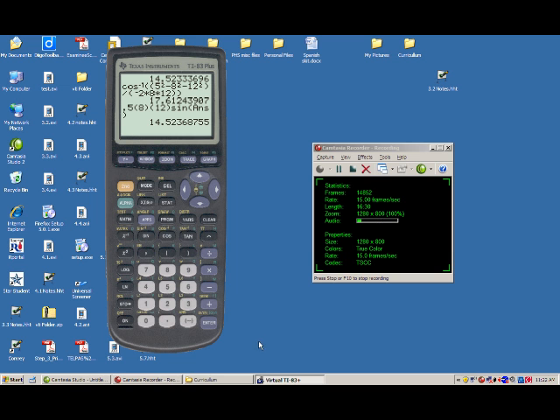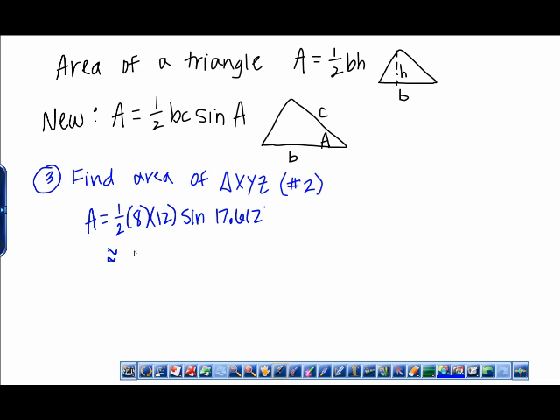Now, this is important. If this was your job, you would want to be completely accurate. Now, on a quiz or a test of mine, if I were to have you do this several times, I would expect you to be accurate, but I don't want this to be a point of stress for anybody. And since there were no units, I'm going to go ahead and put the word units squared here. So try to be as accurate as you can be. This is always the goal, but don't get stressed out about this one thing. Okay,